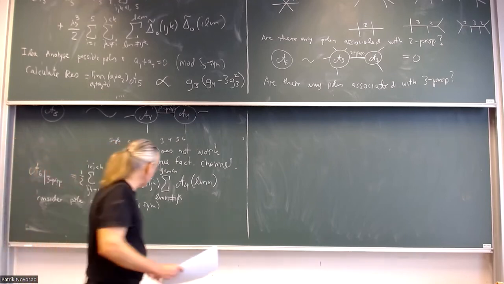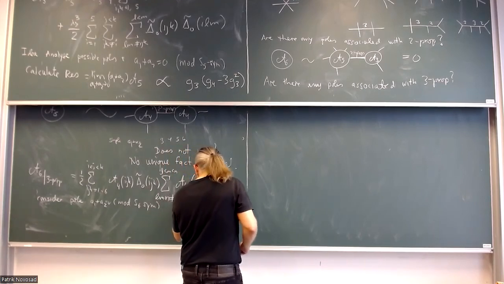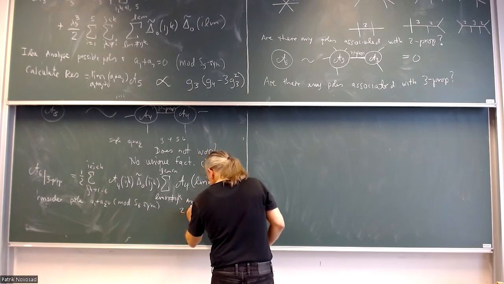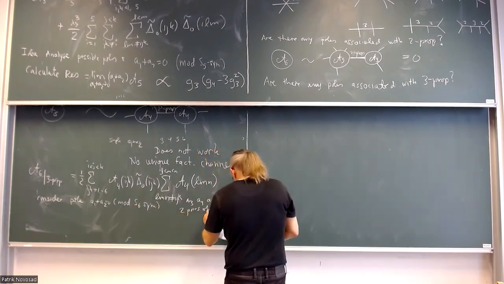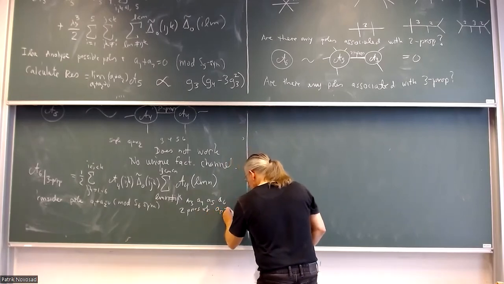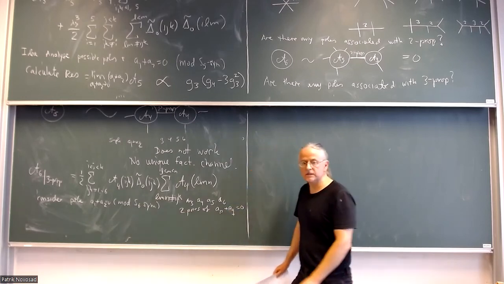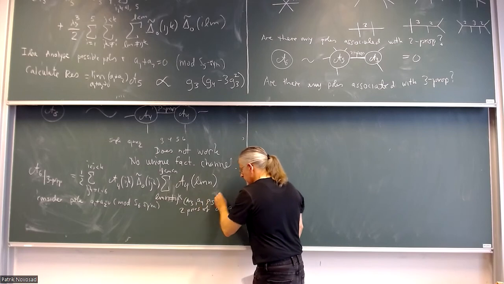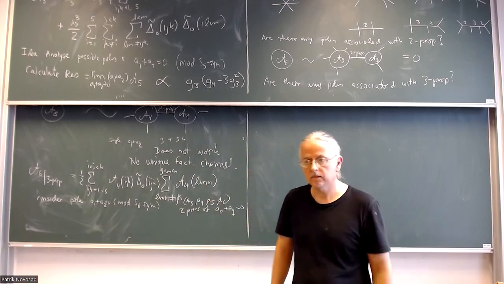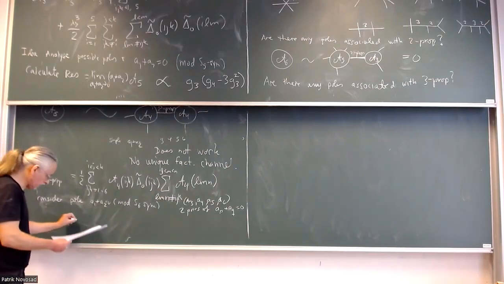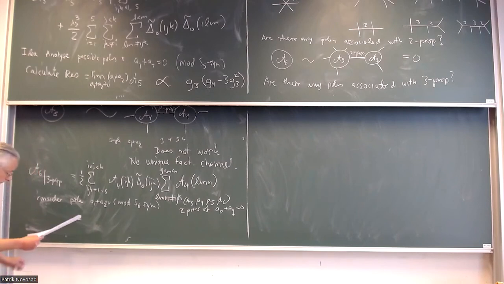It means that A3, A4, A5, and A6 must be two pairs of opposite, AP plus AQ equal to 0. Does that make sense? Yes. That must be the case, and therefore we can now simplify this. We get that this is equal to